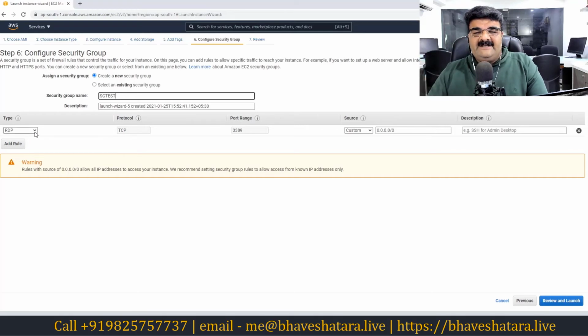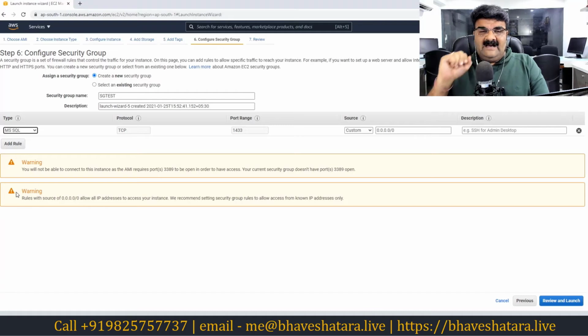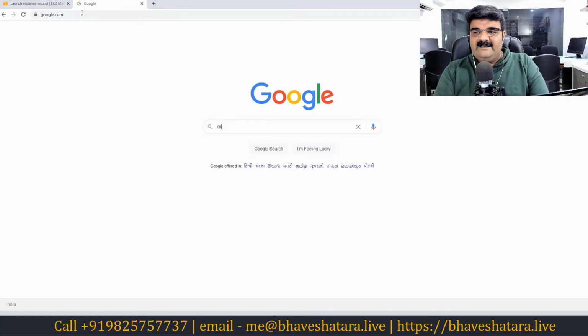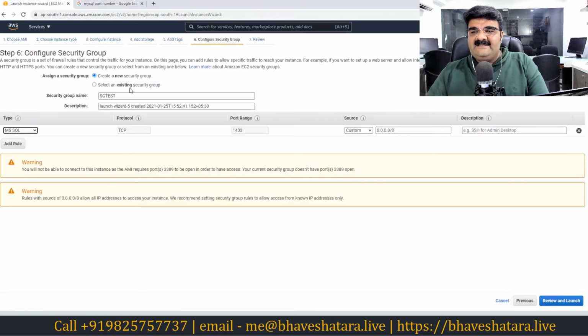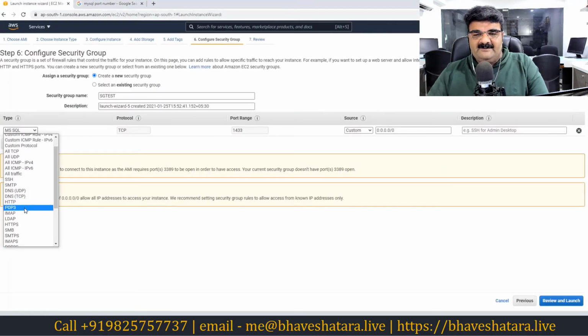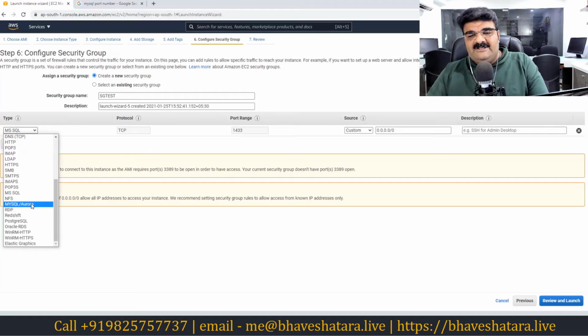Whenever you are creating a security group, they are giving us options like a port name, a TCP port, traffic type, or we can say the application layer protocol name. The advantage is that we do not need to find it out. For example, if I'm going to use MySQL and you don't have this list, you have to go to Google and find out the MySQL port number, and then you can allow them. So here you have this flexibility, they are going to give this number to you.